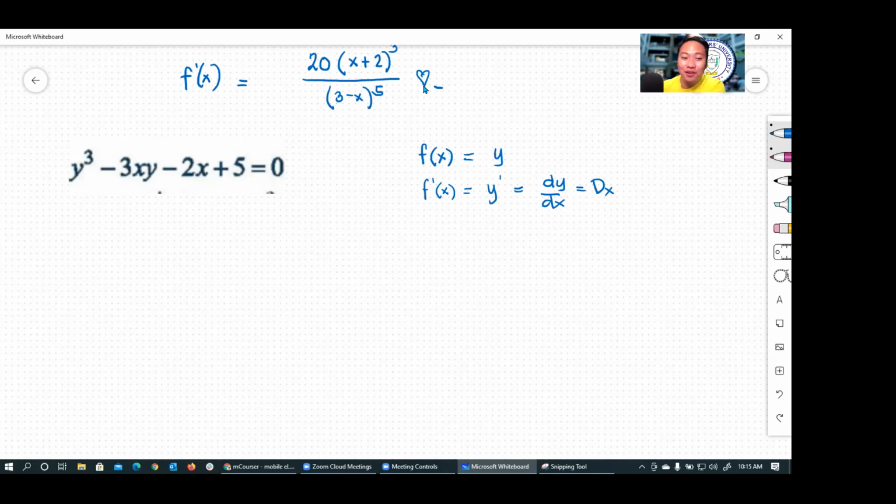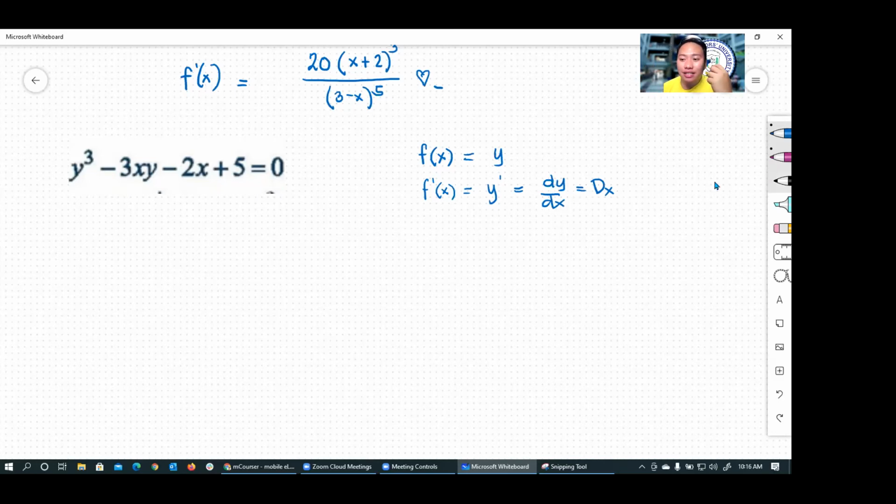So let's start doing this implicit. When we say implicit derivative, the y variable could be written one or more times. So what do we do here, sir? You take the derivative of each term, and then after that, you do the algebraic manipulation by isolating the y prime and transferring all of the terms to the other side. That's how we do it.